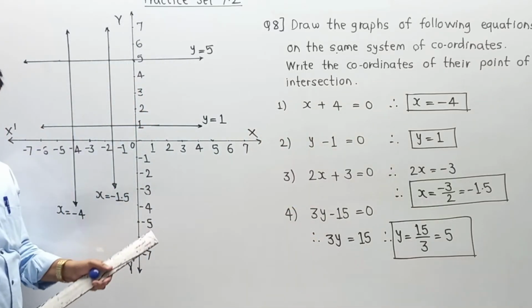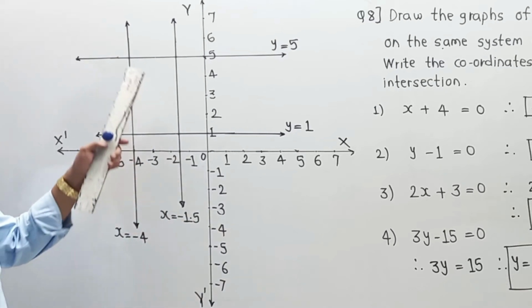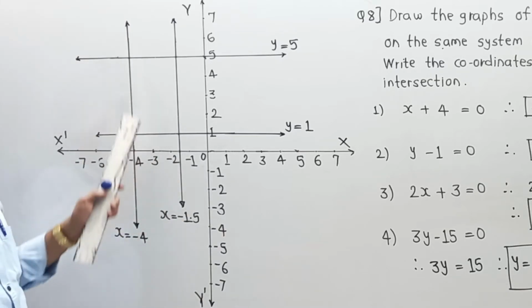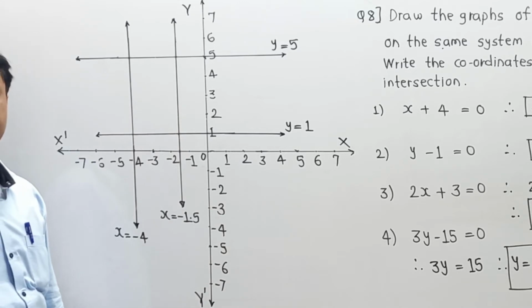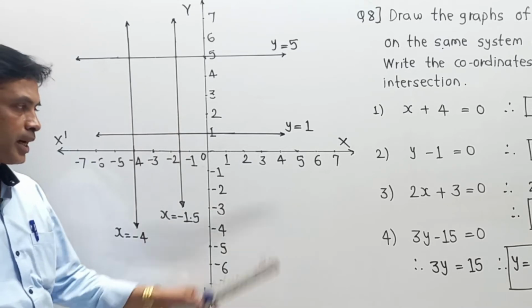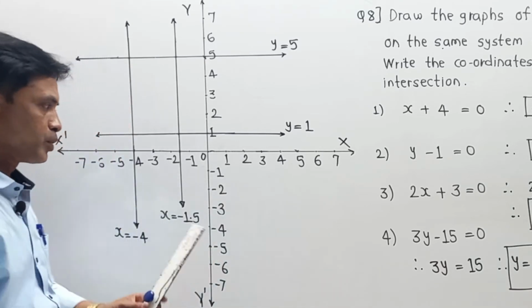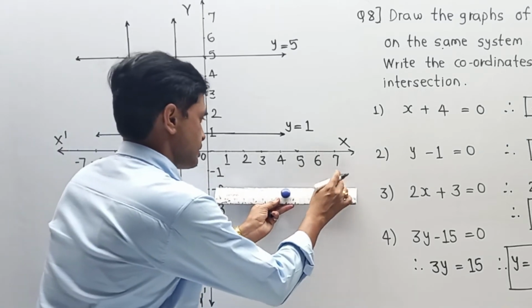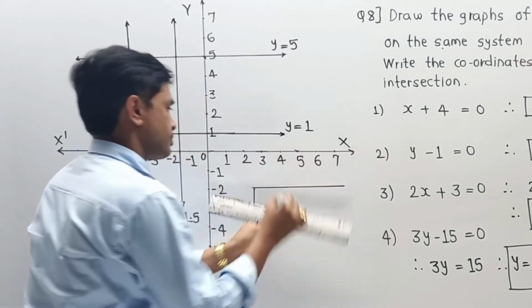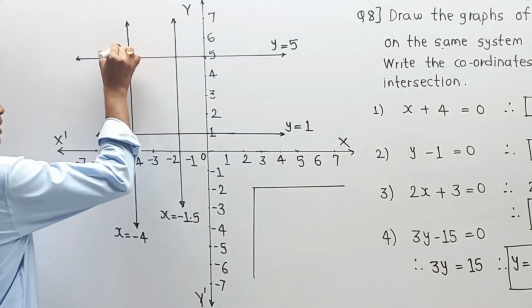So please pay attention. For the points of intersection, first point, second point, third point, fourth point, I am going to indicate them by some alphabetical names and write the coordinates over here. As per the space available, I am going to use this space for writing the answer. One by one, this is the first point. I am going to call it P.